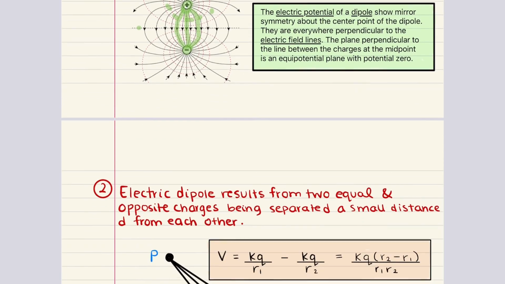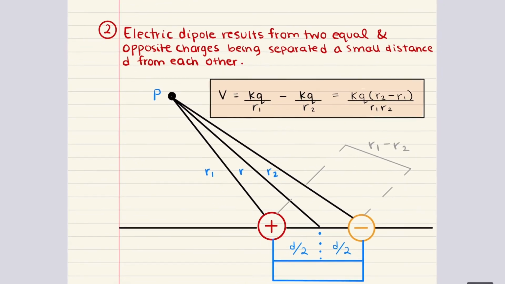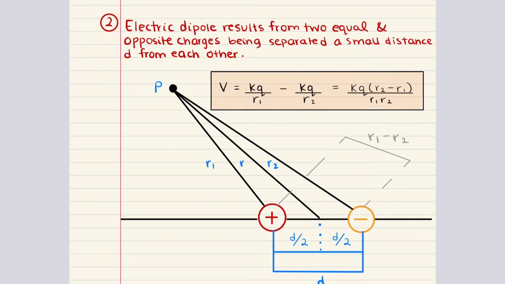Now we want to focus on electric dipoles. This is an important configuration in electrostatics that consists of two equal but opposite charges separated by a distance d. This separation creates a unique electric field pattern and potential energy behavior, which has numerous applications in both physics and chemistry. So again, an electric dipole results when two charges, one positive and one negative, are positioned a small distance